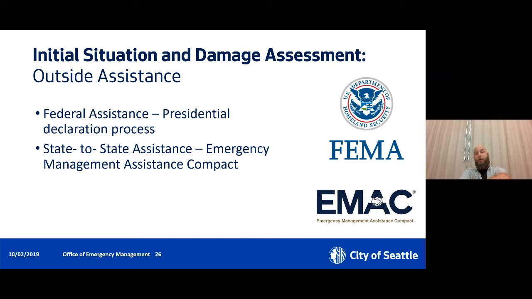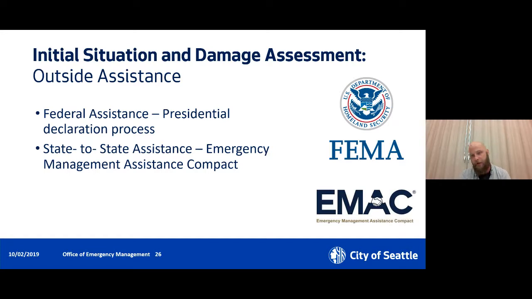And then the next part of that, and really going on at the same time, is looking for outside assistance. And the situation and damage assessment is pretty key in this, especially for this first one. So where are we getting outside assistance? Like I said, in a Cascadia subduction zone event that is going to be regional, we're most likely looking outside of the region. And by region in that case, I mean the Pacific Northwest. So we're likely going to need to look for things outside of Washington, Oregon, Northern California.